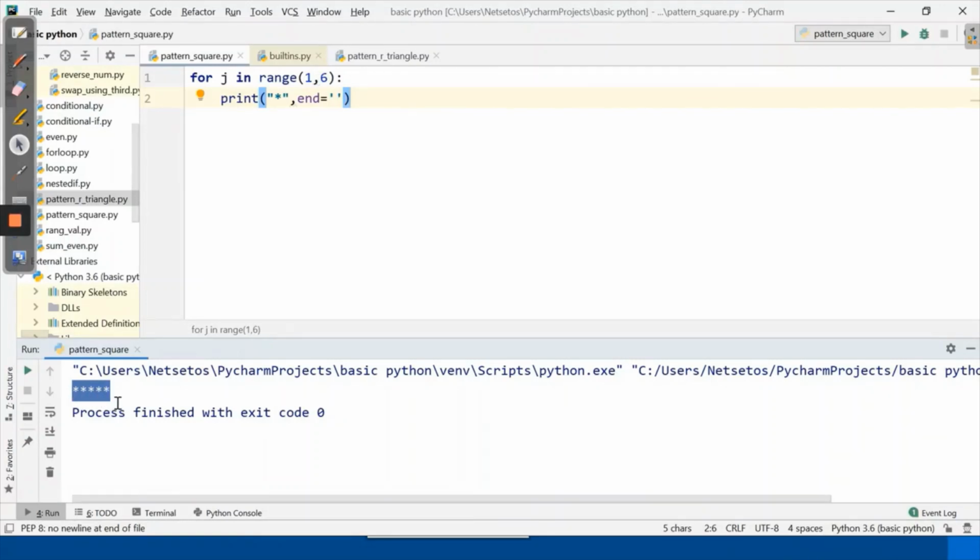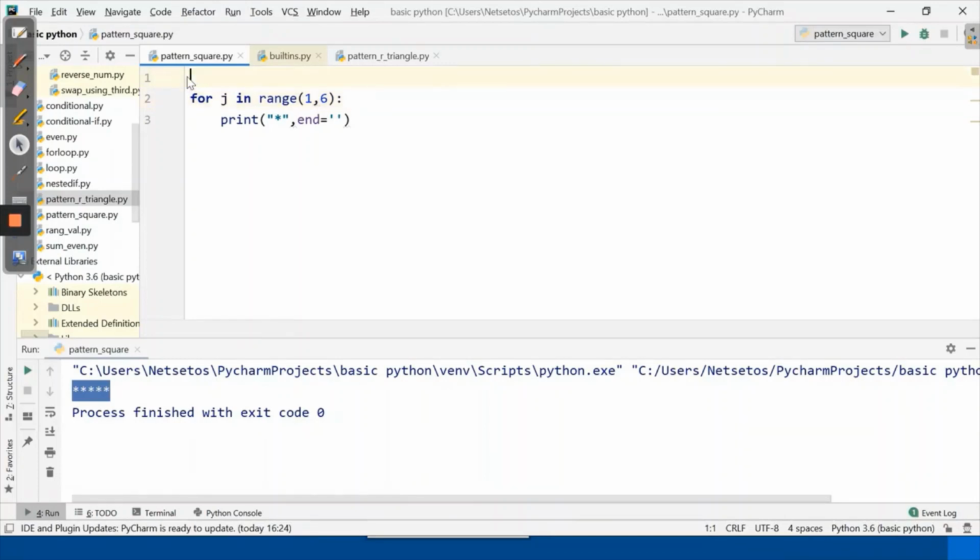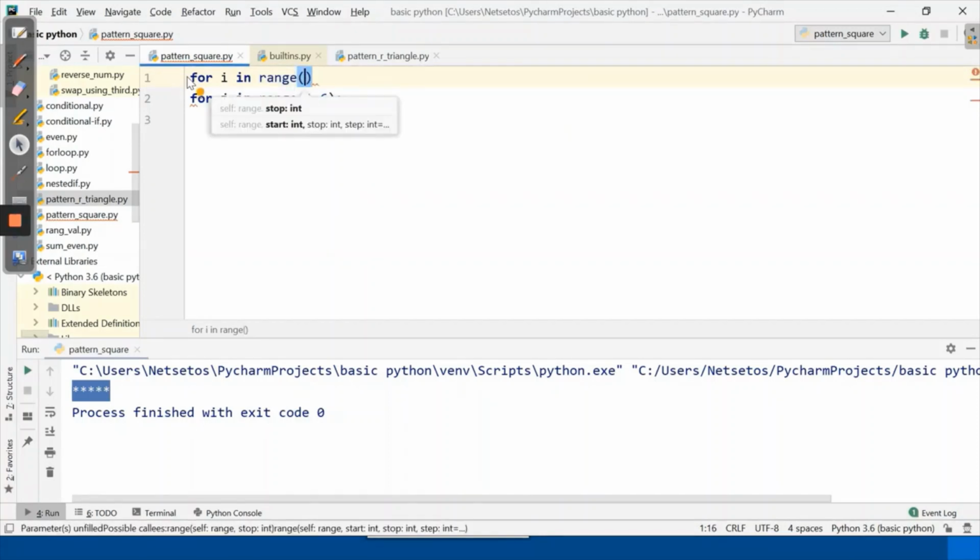Now I want to print this in different rows. So what I'll do, I need to make a for loop, because here these 5 lines I have to repeat for 5 times. So here I'll go for i in range 1 first, and as 6 will be excluded, till 5 I need to print.